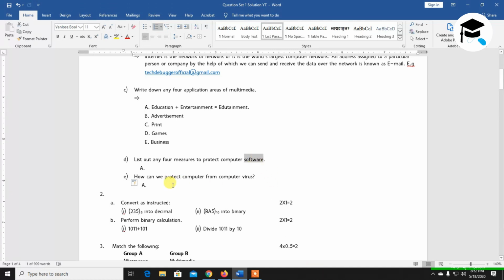Okay, at that time, how will you protect the computer from the computer virus? You need to understand these 2 points. First of all, you need to know that while you are using any software or any program, at that time you need to install a firewall. If you want to protect your computer software, you need to install